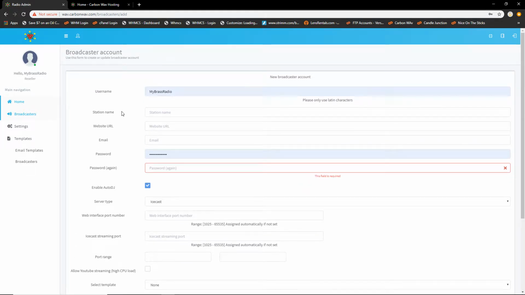So there's going to be a few pieces of information to fill out here. First things first, you're going to type the username. This is the name the user will log in with for the radio station. Then you'll type in the actual station name. Once you've typed in the station name, you want to put the website URL if you have one,